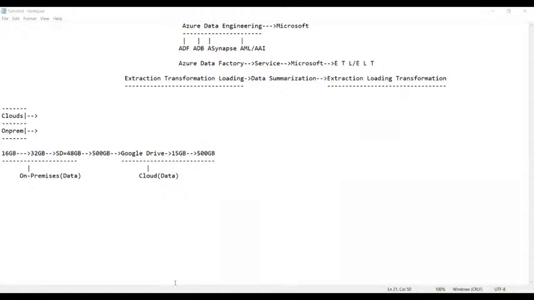So slowly our life is moving from on-premises to cloud only. In the same way, going to the theater and watching the movie is called on-premises. Watching the movie on an OTT platform in the comfort of your doorstep is called cloud. So we have moved to the cloud even for entertainment purposes. That is the cloud technology.